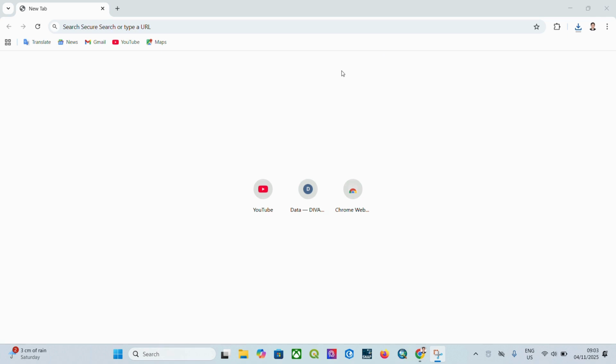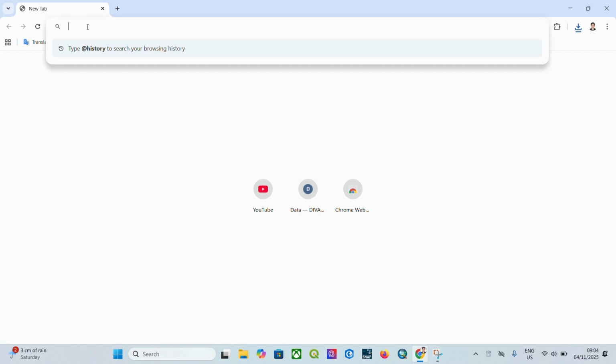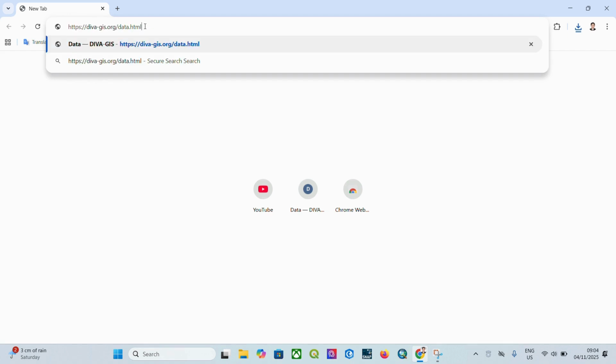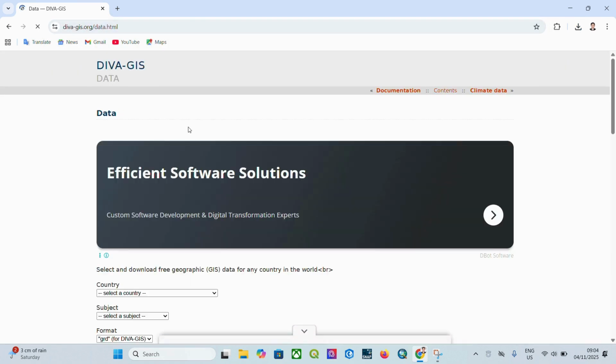So now we start. You just go to any browser you are using, go to search and type this website, dygis.org/data.html. Just this one, I will copy into the link in my video. So go search, and from here